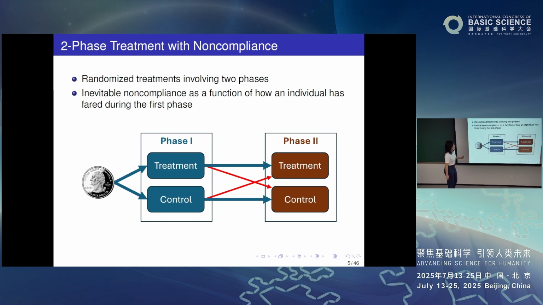And always there's some reason, right, why people want to switch. The switch is not random. There is some reason for that. And therefore, if you now compare the subjects who always take the treatment, no matter phase 1 or phase 2, with subjects who always take the control, right, stick to the control, no matter phase 1 or phase 2, those two groups of subjects will no longer be comparable. And the causal effect estimation will be challenging. So this is the basic idea.